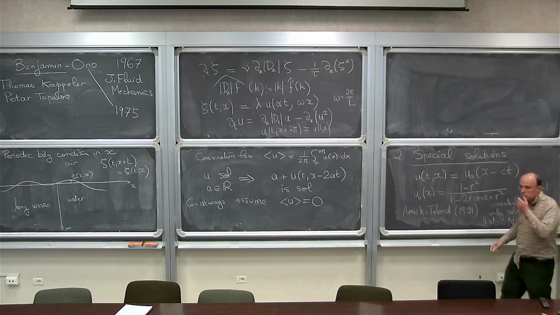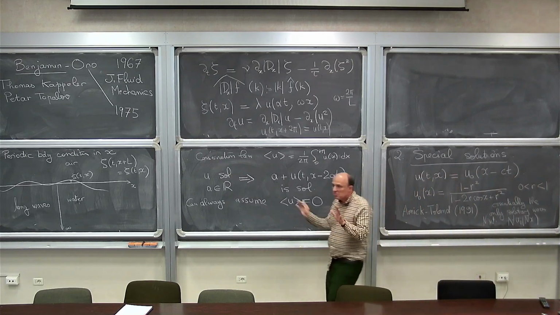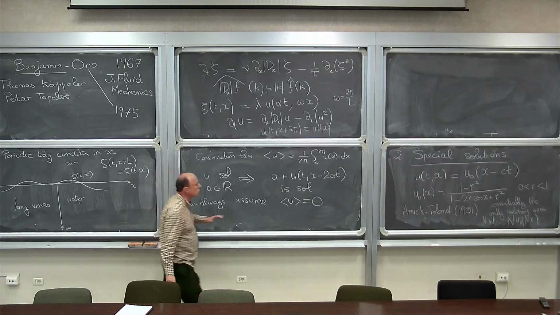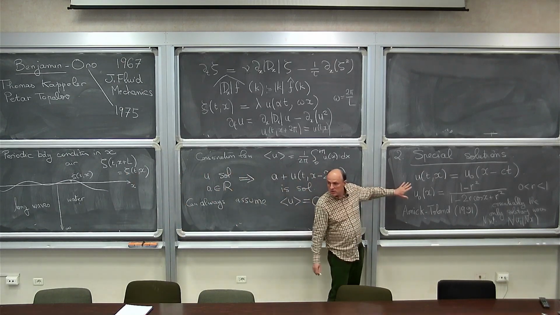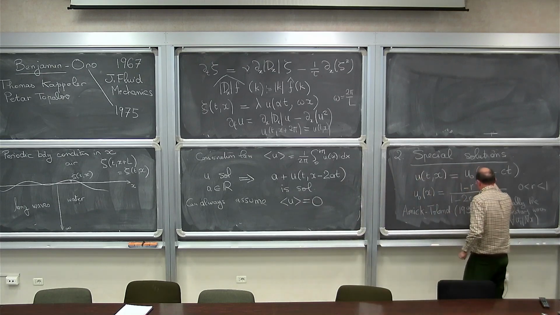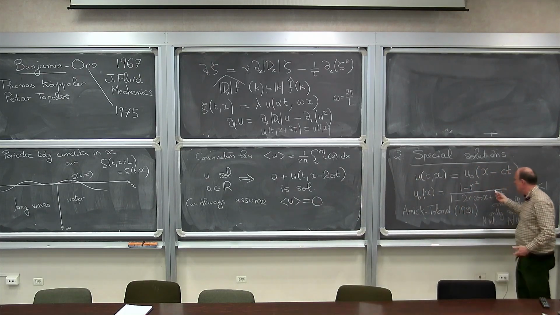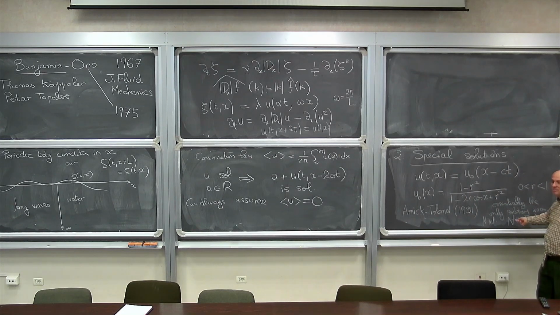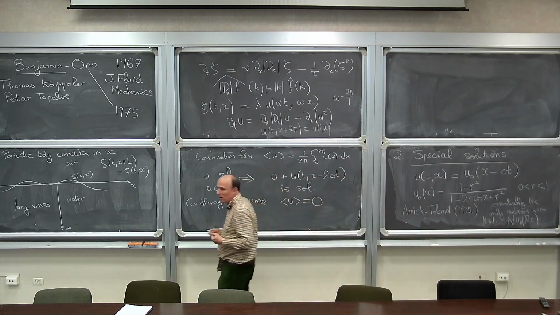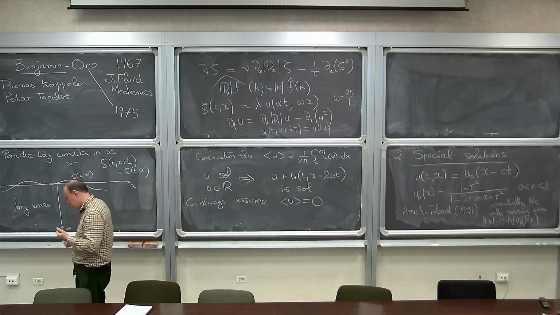Clearly, it will also be a solitary wave. But the theorem by Amick and Toland tells you, if you look for a solution of that kind, periodic in time and periodic in x, it has to be of that kind. Okay, so that's a nice result. Now, Ono was also